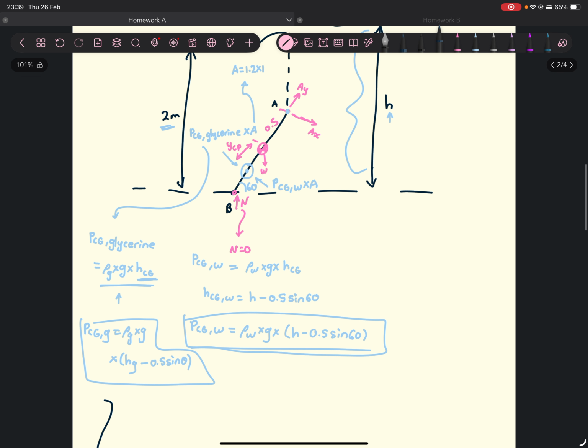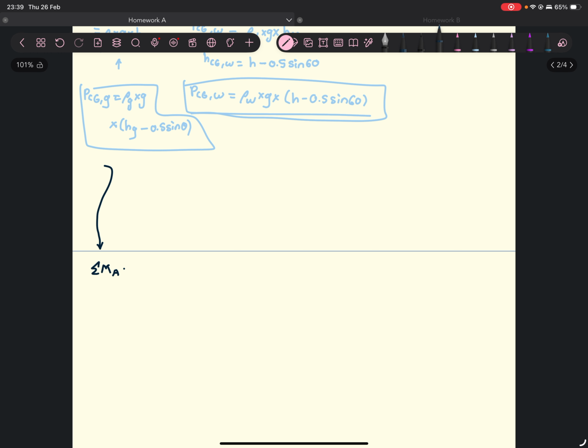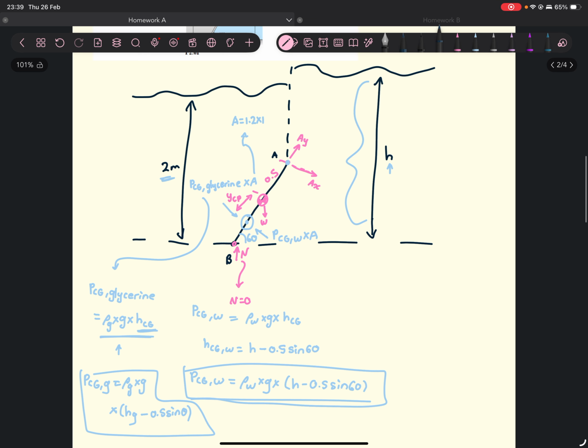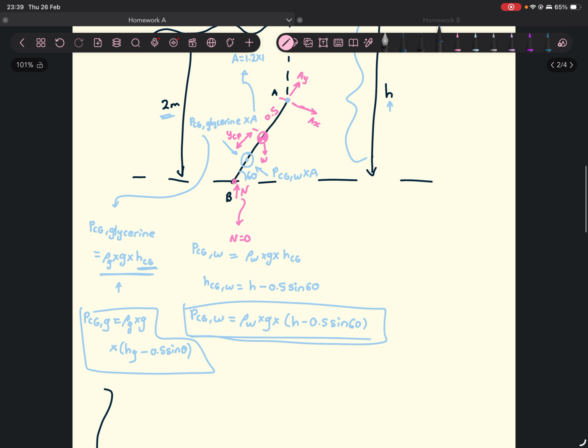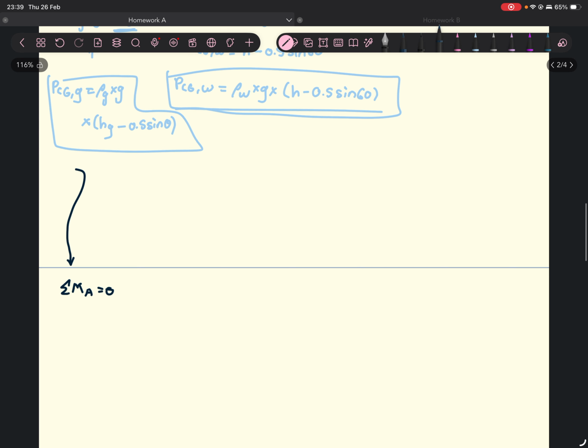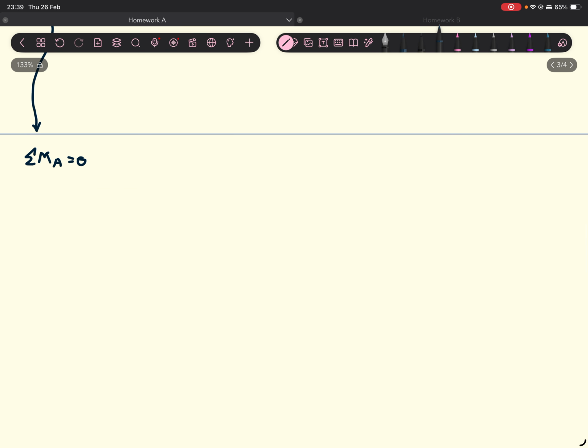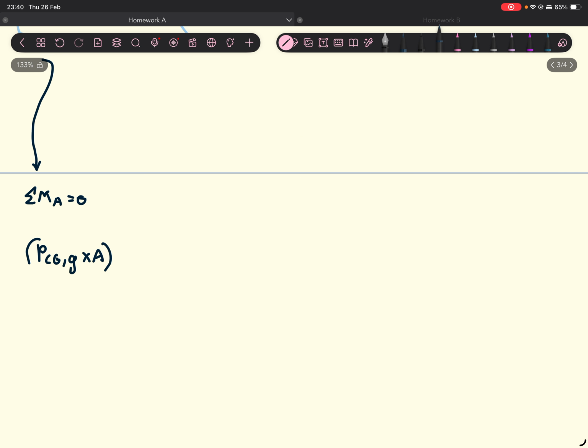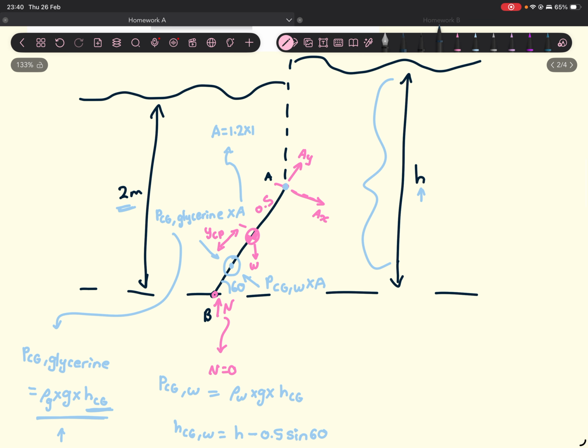So we're going to do the sum of moments around point A, and that'll be equal to 0 because everything's in equilibrium. I'm just going to write it in terms of the pressure. I'm not going to write that full long equation. So we're going to get PCG of the glycerin multiplied by the area. So this is basically converting the pressure to a force. And then times its moment, which is going to be